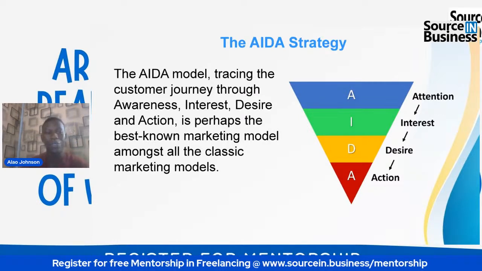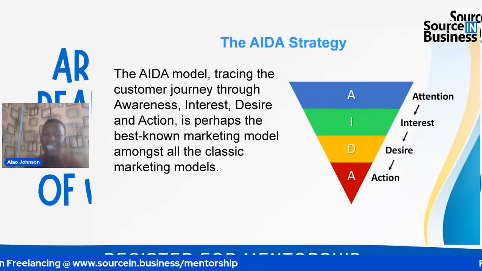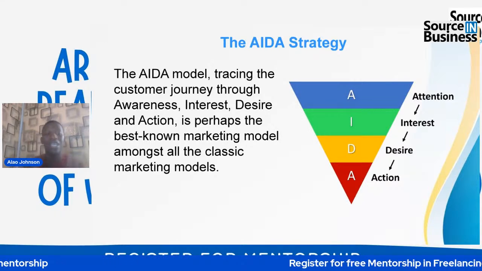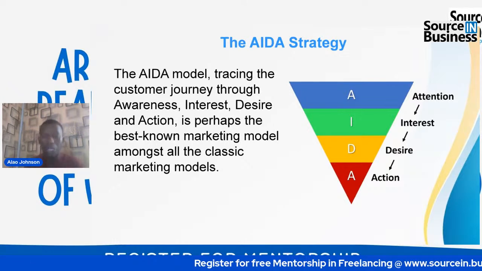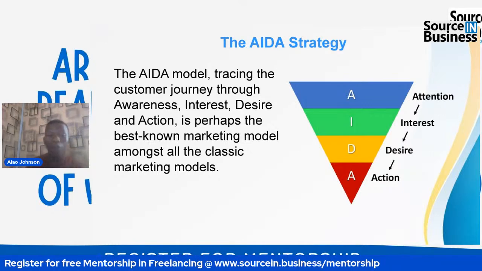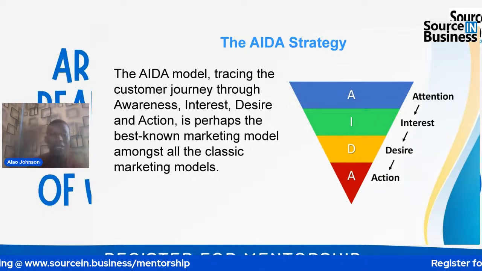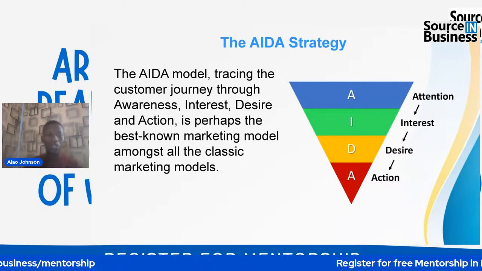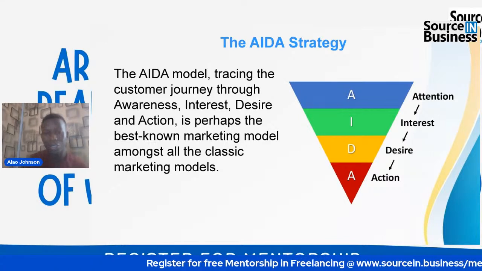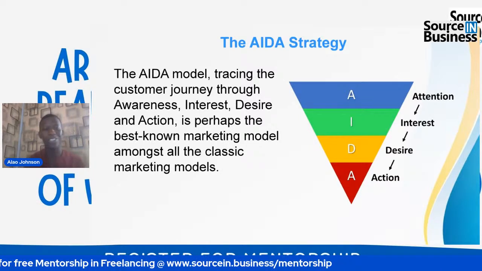You understand? So it is when they have that interest that it will now trigger their desire. And once the interest triggers their desire, that's what will trigger their action. You understand? So you first send your warm email to introduce yourself. Then the next email can give them something for free, can give them tips. Like that, you just nurture them. Just nurture them. Then to the action stage, which means you are going to make money, all right, to the action stage.